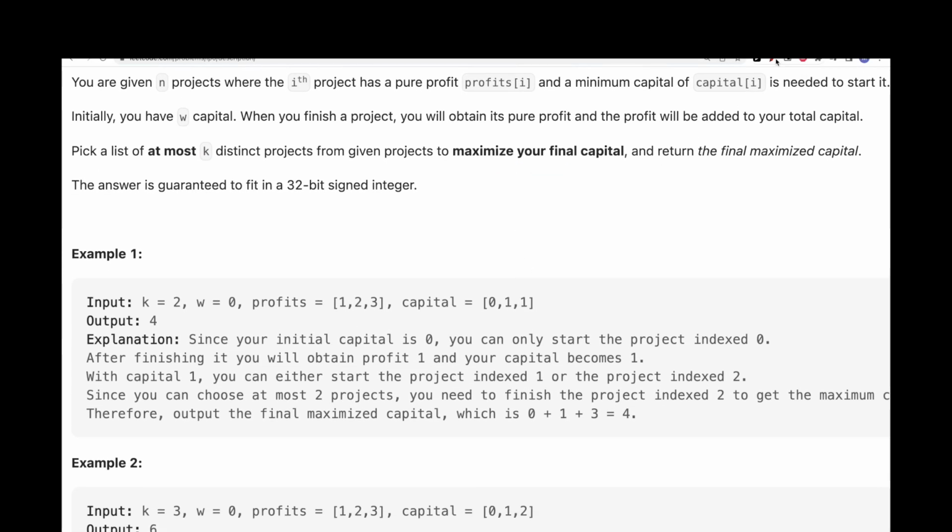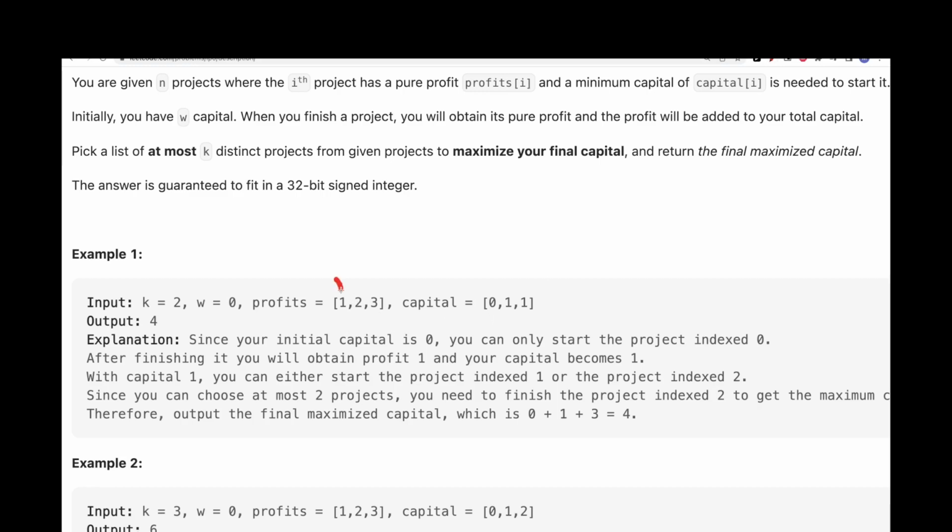So for example, in here we can do at most 2 projects. Initial capital is 0, and these are the profits and the capital of the project. And so with the constraint that we can't do a project unless we have enough capital, the only one we can do here is the first one because it has capital of 0. We can't do these 2 because they require at least capital of 1. Okay, so once we do the first one,